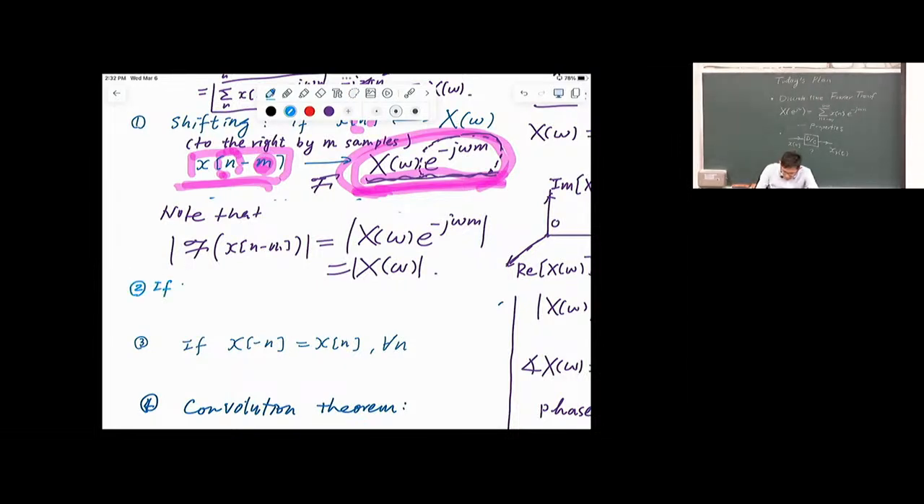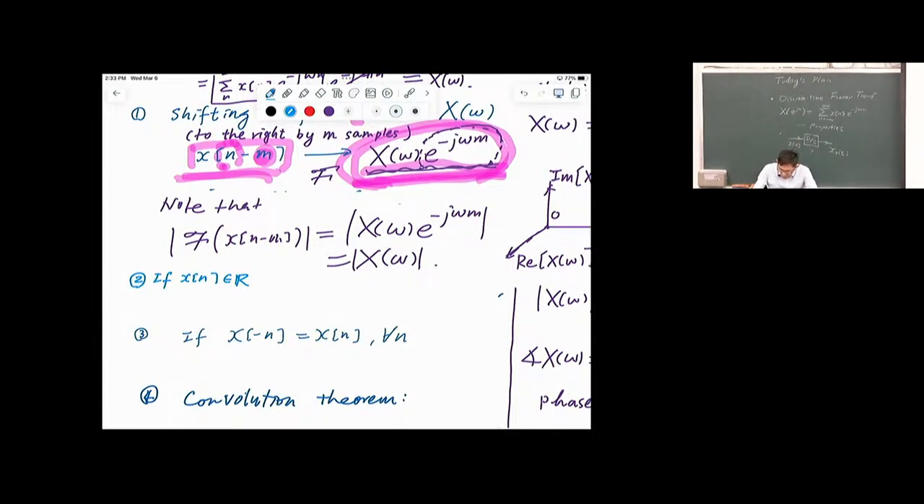If x of n is real, I want to say that in the rest of this semester, we will always assume x is real, unless otherwise mentioned. Let's agree that if I don't mention it, then x is real. Don't worry about x not being real. So if x is real, then it turns out that